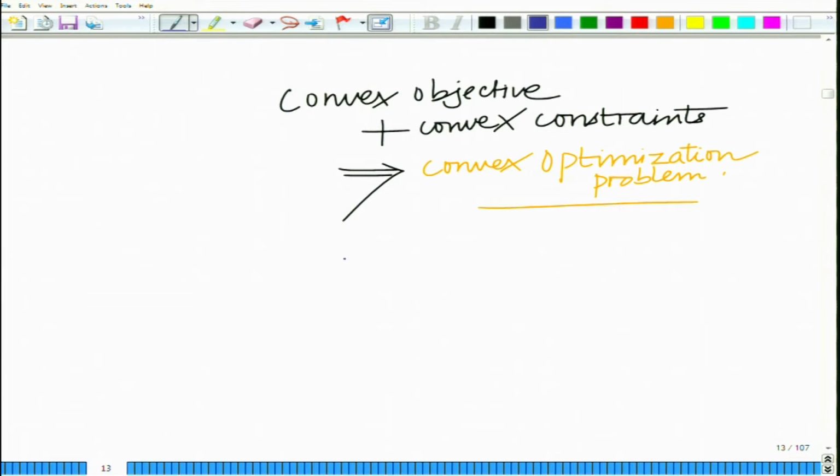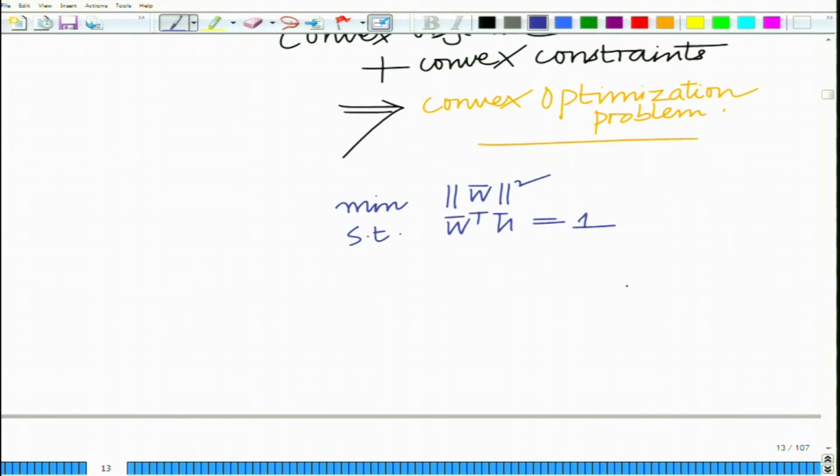How do we solve this? Let us formulate the objective part. Let me rewrite the optimization problem. So, I am dropping the sigma square because it is a constant. So, I am going to simply minimize norm w bar square subject to the constraint w bar transpose h bar equals 1. What I am now going to do is something that you must have seen in an early course on calculus, that is, to solve a constrained optimization problem, one needs to use a Lagrange multiplier. So, I am going to form, and by the way, norm w bar square equals w bar transpose w bar,